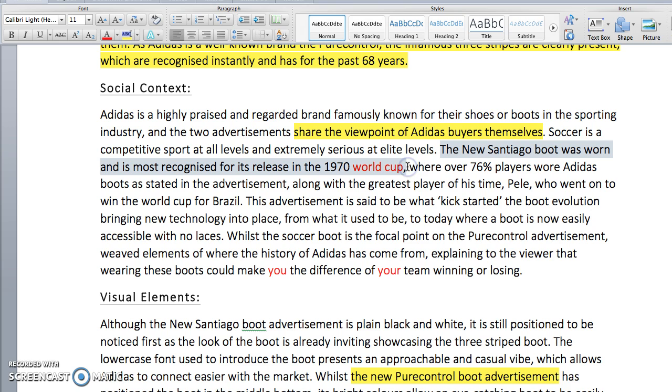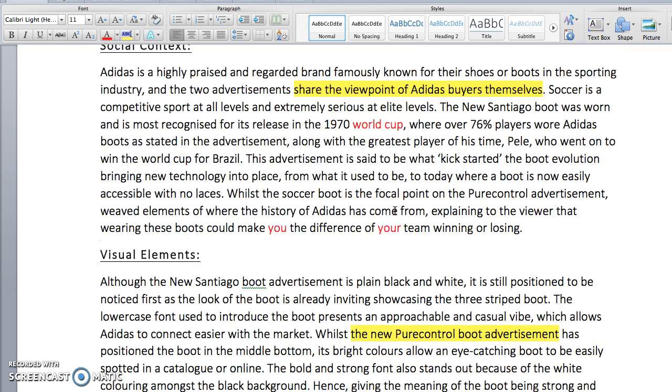Just be specific. 1970 World Cup, and that should be capital letters. I think you're just going off track a bit. Pele, who went on to win the World Cup for Brazil. Don't use colloquialisms like "kickstarted the boot evolution." You say "was the catalyst for the boot evolution, bringing new technology into place." That's good. But perhaps here is where you talk a little bit more about the